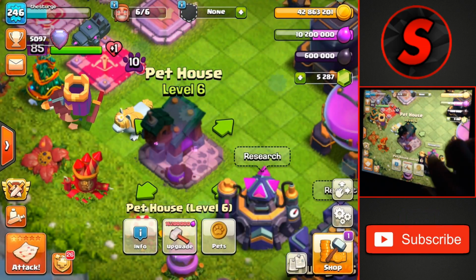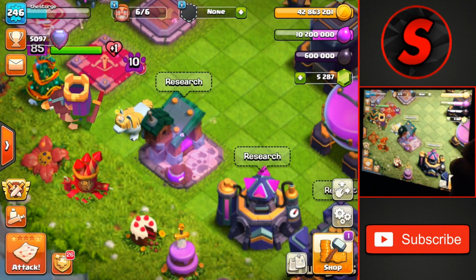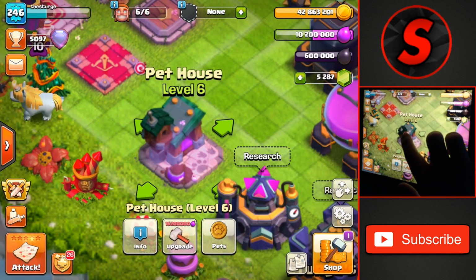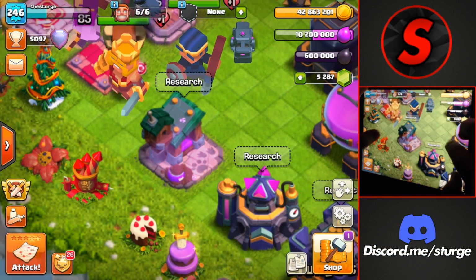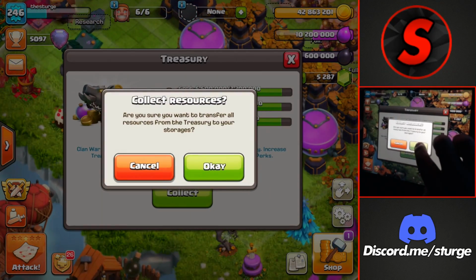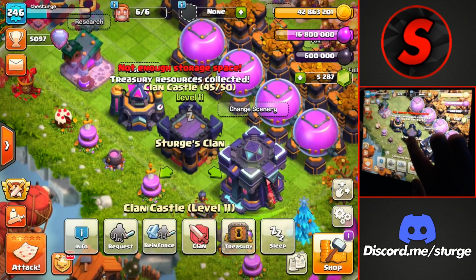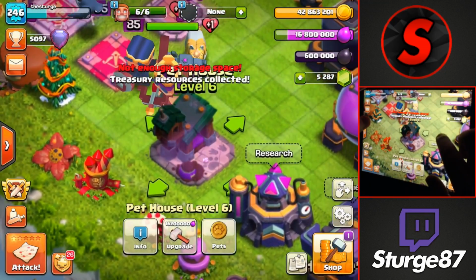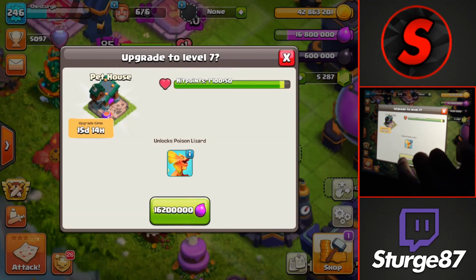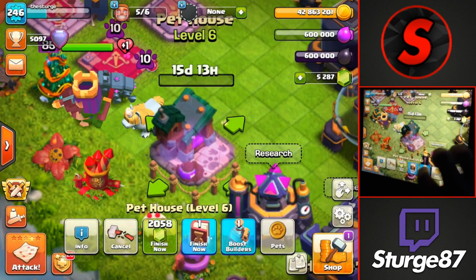We have a bunch of other books I will be buying from the trader with gems. We don't have enough for this here, but we are going to be using our league medal. Before we do that, we're going to head over to the clan castle and actually collect the elixir that we get inside of there, and that should be enough. I'm pretty sure. Yep, just 600,000 more than we need to get this up to level 7 using another book